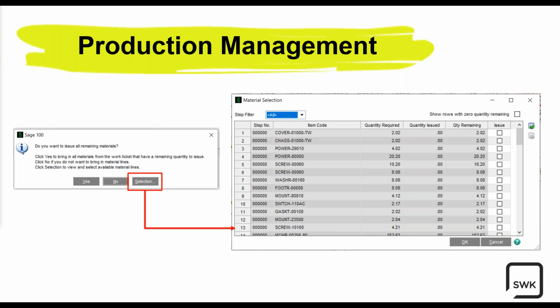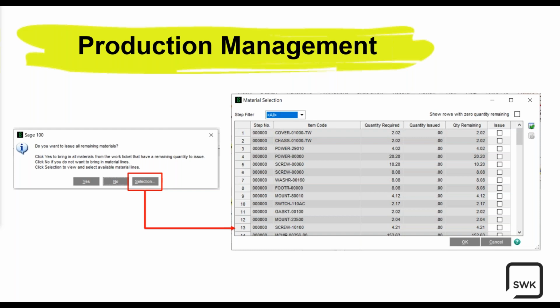So this speeds data entry, of course, because in the previous versions of production management, you could look at a list of items that the work ticket needed to have issued, and you could select individually each one from there. But if you wanted to select a bunch at a time, it took an amount of time to select each one individually. So when you go to the lines tab, you'll get the prompt that you see on the left-hand side, and you have the option to select all,